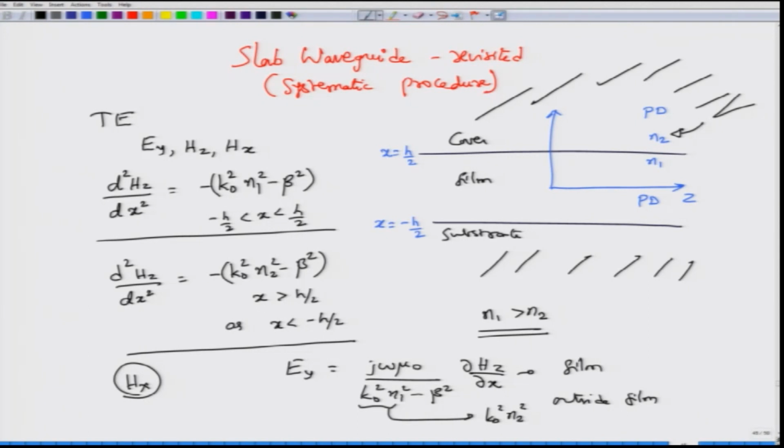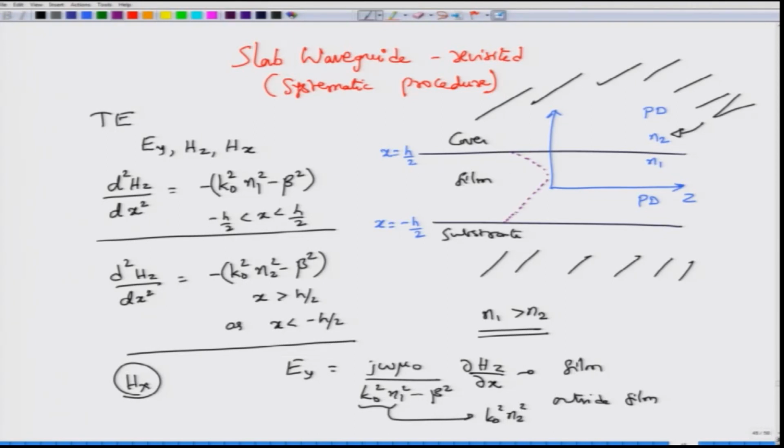Okay. So, what sort of solutions should we consider? Now, we do know that if it was perfect electric conducting walls, then there will not be any field outside. The continuity of the tangential magnetic field would have given rise to surface currents, right. In this case, there is no possibility of a surface current, but still it may be possible for us to have a solution in this form.